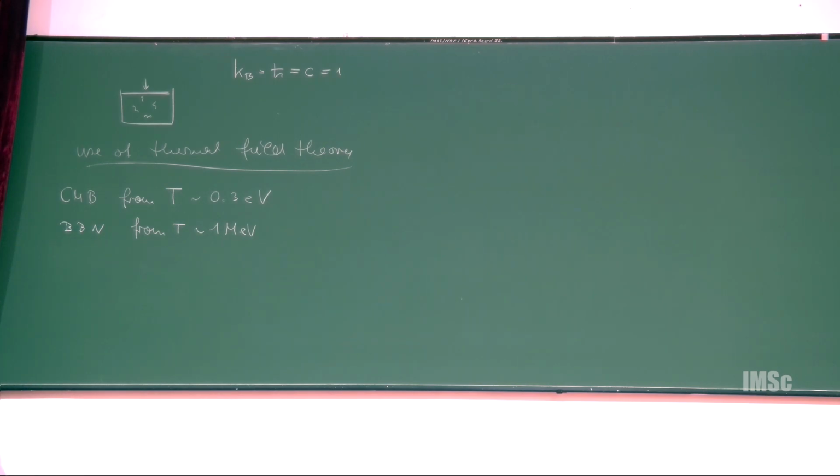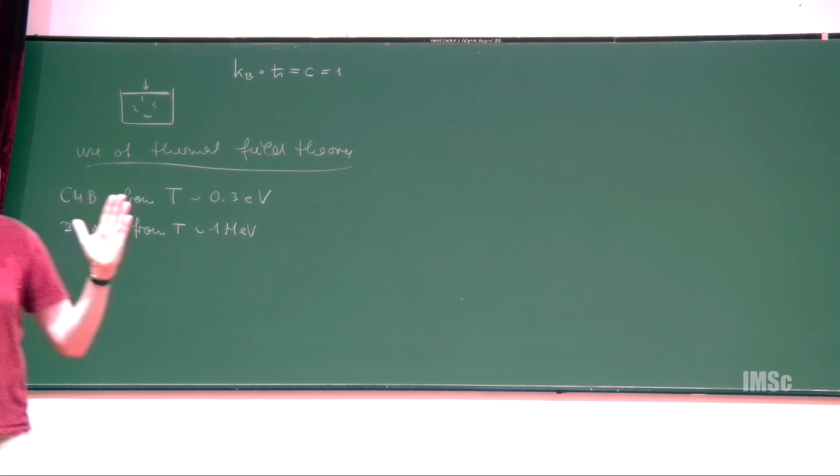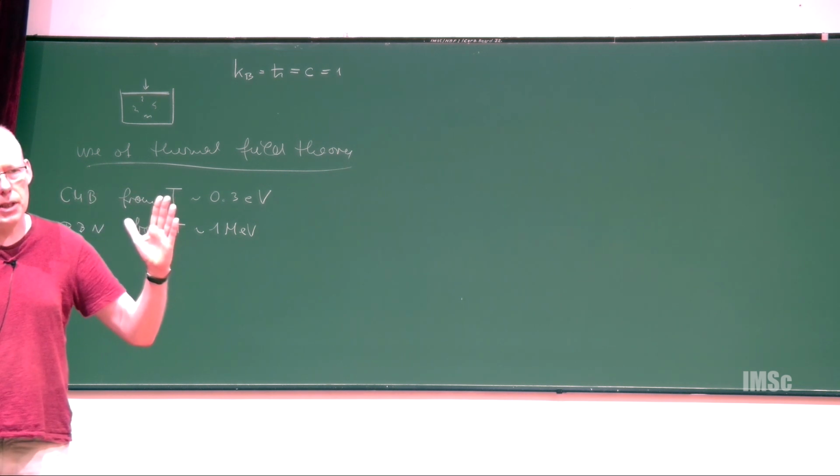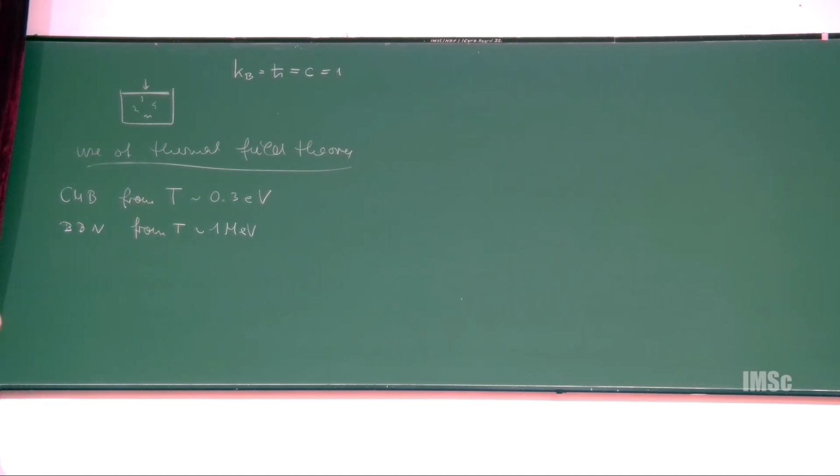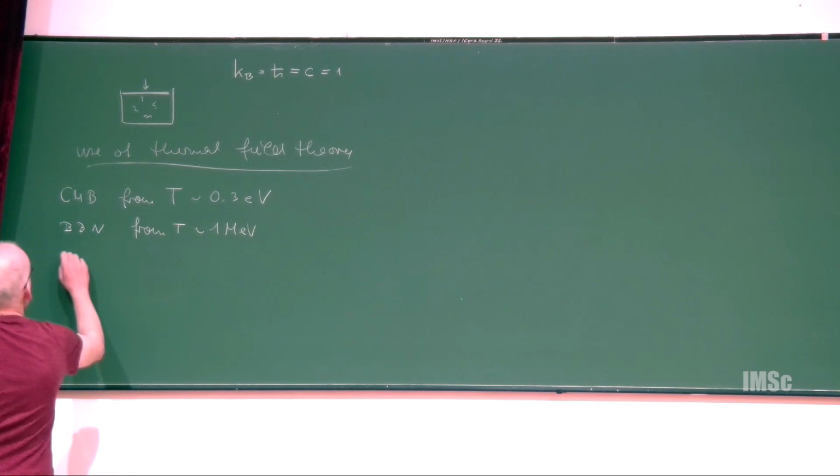Now, another application is relativistic heavy ion collisions. I mean, this is all nice, but this is not something we can make in a lab. But in a lab, we can collide very highly energetic nuclei, big nuclei, compress them, so that you have a very large energy density, and that might or should thermalize. So this was a cosmology application, and now heavy ion collisions.